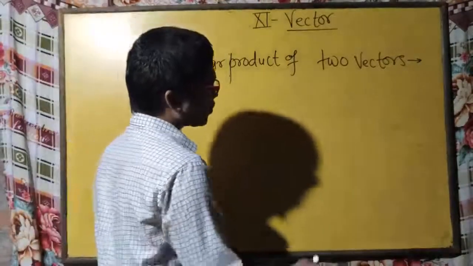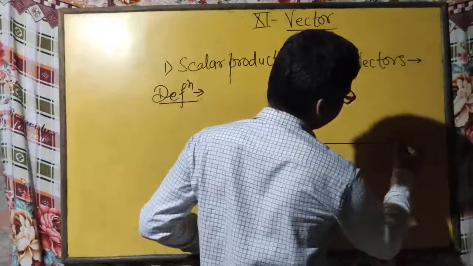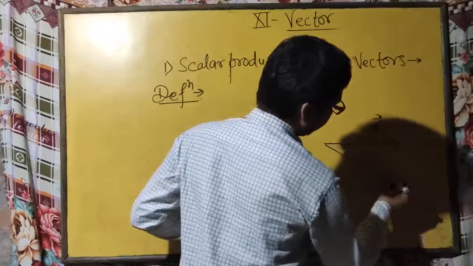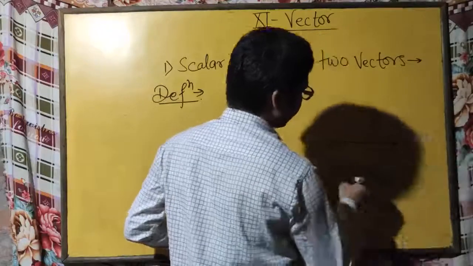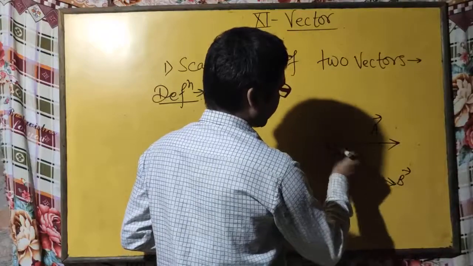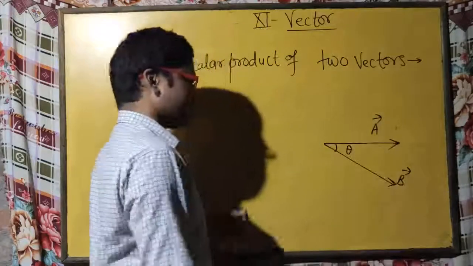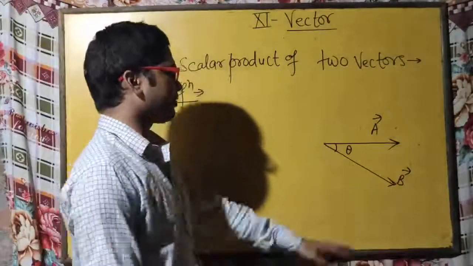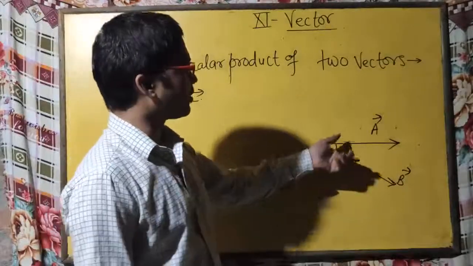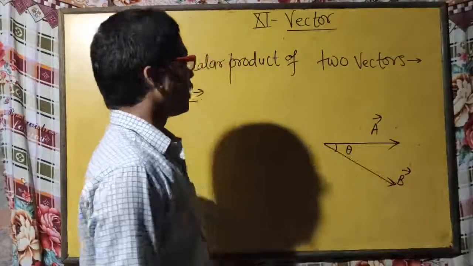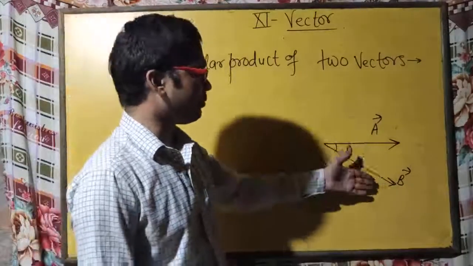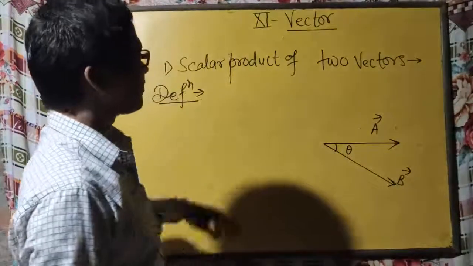First we are going to choose two vectors. Suppose this one is vector A and this one is vector B, and the angle between these two vectors is theta. Then how will we get the product of the vectors A and B? So the definition is